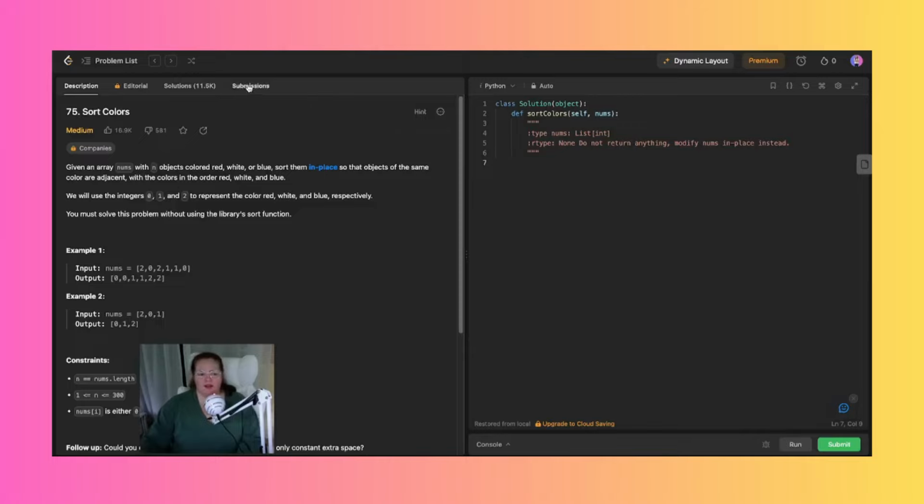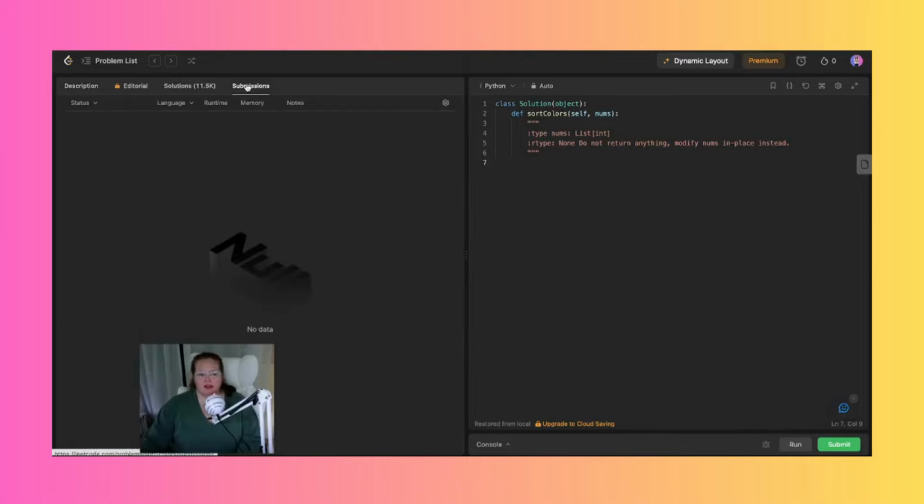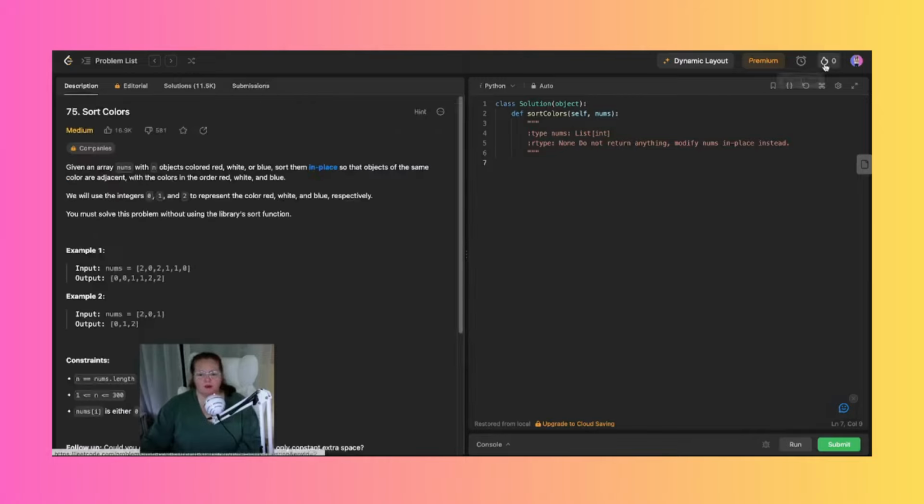I have not submitted anything for it yet. However, I have read through this problem once, so I'm probably going to read through it one or two more times and find a solution. However, I have done something similar before in a code camp thing I did, which was like a Dutch national flag thing, so we had to sort it. So anyway, without much further ado or explaining any previous similar experiences, let's jump into number 75, which is called